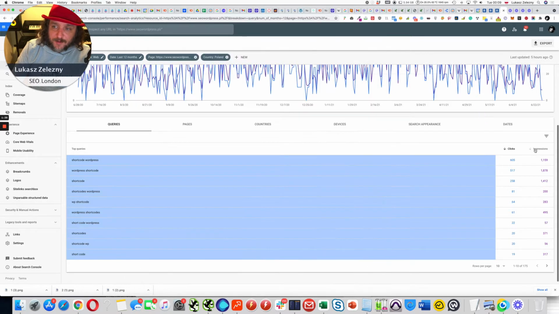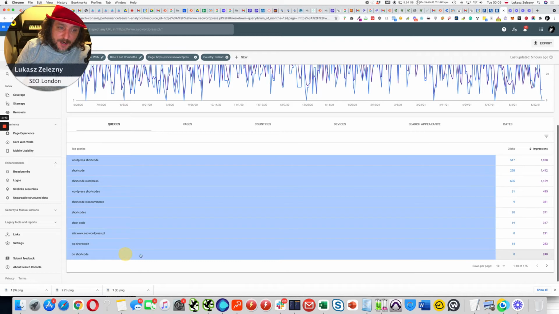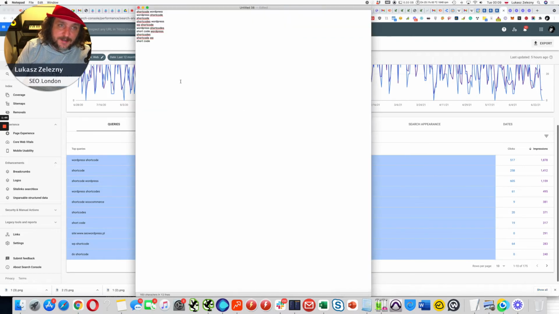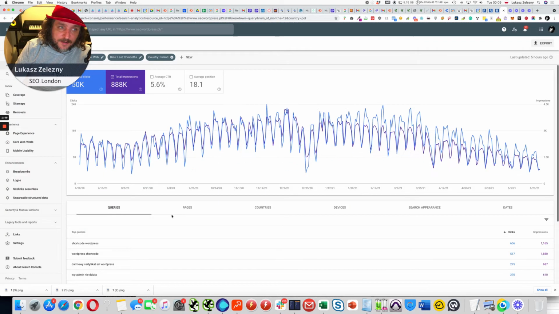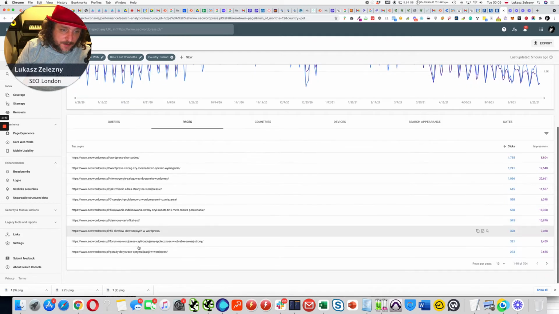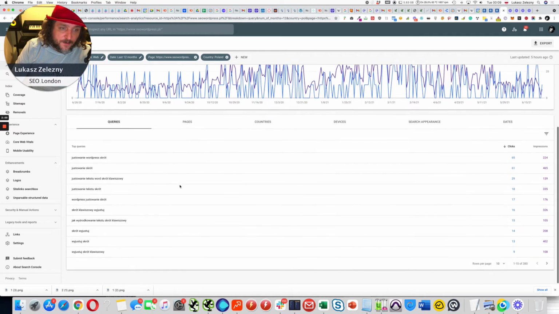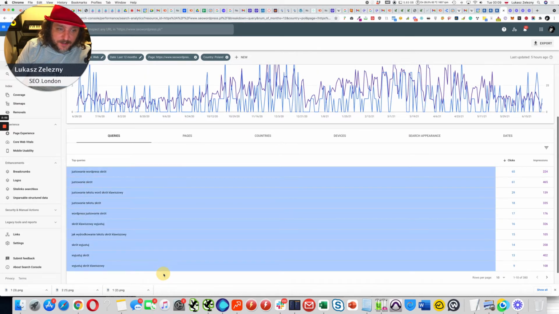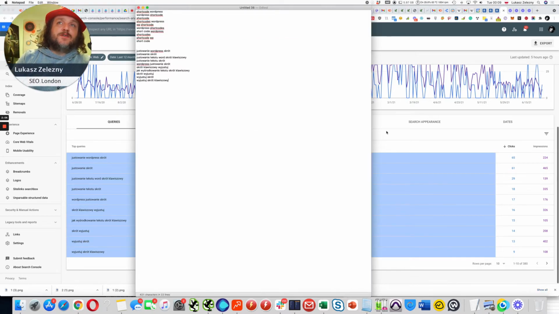If I really want, I can also try to sort by impressions. Later I can deduplicate this, and once this is done, I'm going into another URL. So I'm going into pages, and let's say I'm going into shortcuts, yeah, queries, and I know that these queries are the best performing, and so on, and the process repeats.